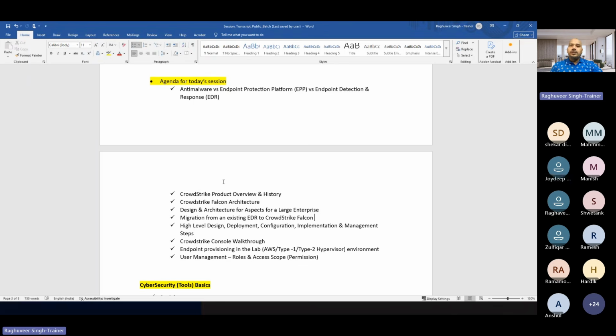Or you can integrate CrowdStrike with an XDR solution. An XDR combines multiple security solutions into one. So you can send CrowdStrike incidents into an XDR solution so that you have a single pane of glass for all the security products, and they are dumping their investigations, their alerts, their incidents into XDR. Your security team would just look into XDR rather than looking into the dashboards of multiple security solutions, which becomes a cumbersome task and also makes it difficult to perform correlation when there are incidents related to endpoints,